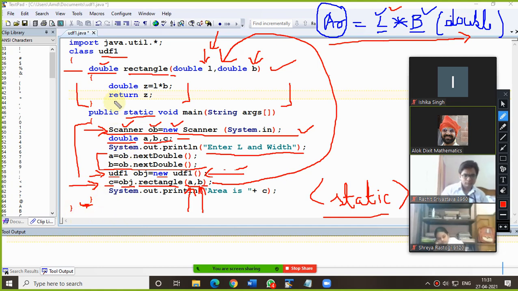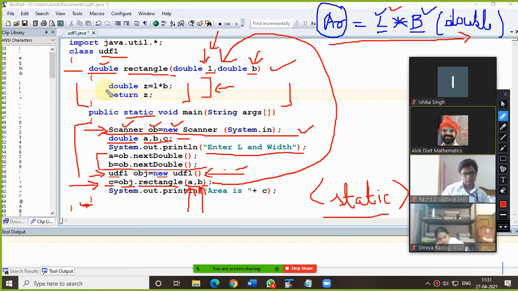The working part, earlier we were doing in the main method, but now that main working we are supposed to do here in the function definition. So the values you entered in a and b have now come in L and B.